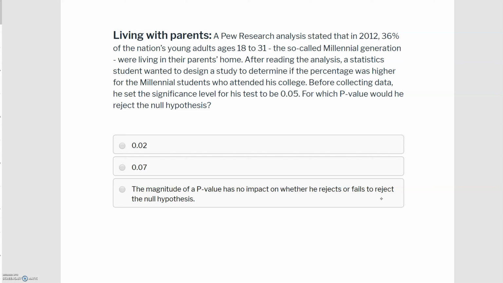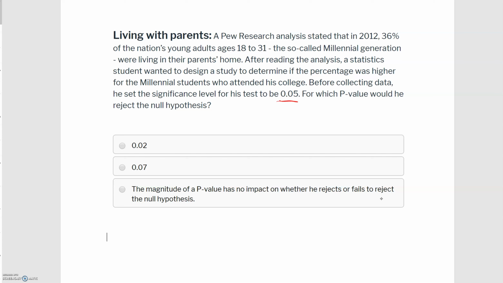Living with parents. A Pew Research analysis stated that in 2012, 36% of the nation's young adults ages 18 to 31 in the so-called millennial generation were living in their parents' home. After reading the analysis, a statistics student wanted to design a study to determine if the percentage was higher for the millennial students who attended his college. Before collecting data, he set the significance level for his test to be 0.05. For which p-value below would he